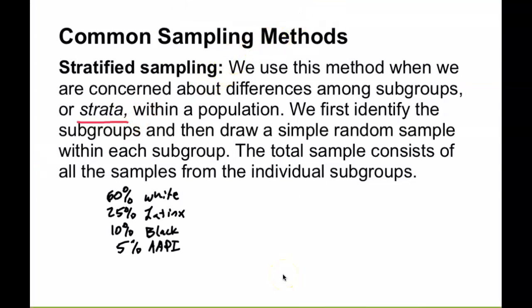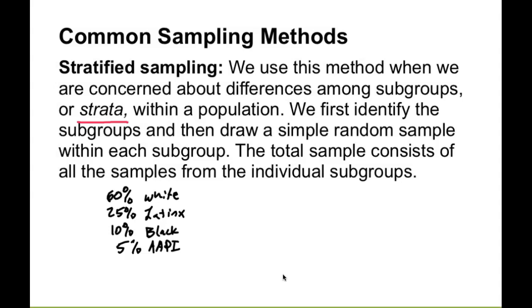All right, let's say that were our racial breakdown in Arizona, and you wanted to conduct a poll concerning what percent of people are going to vote for candidate A. Well, if you take a simple random sample, you always run the risk of getting a sample of all white people, right? Or all of any other ethnicity. And if political ideology does significantly differ by race breakdown, you would want to make sure that each race is represented in your sample, right?